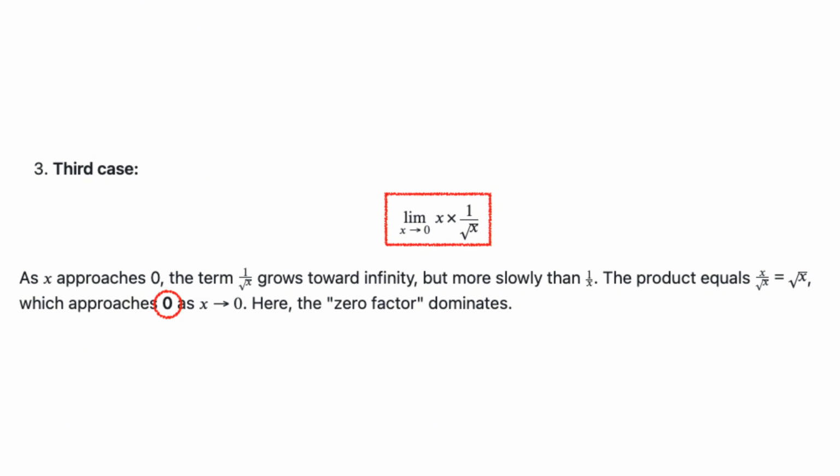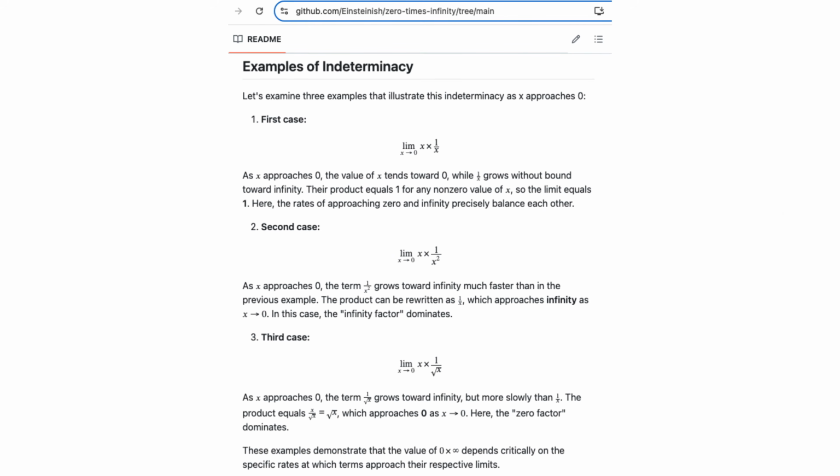Third case, as x approaches 0, the term 1 over x squared grows toward infinity but more slowly than 1 over x. So the product approaches 0 as x approaches 0. Here, the 0 factor dominates. These examples demonstrate the value of 0 times infinity depends critically on the specific rate at which terms approach their